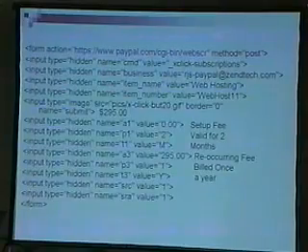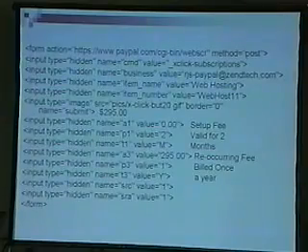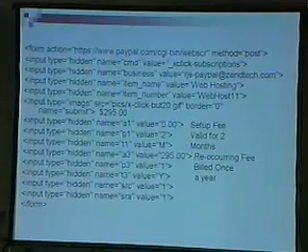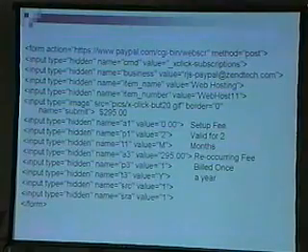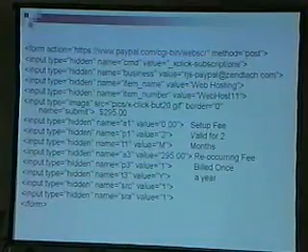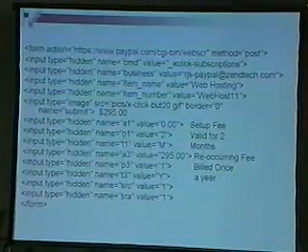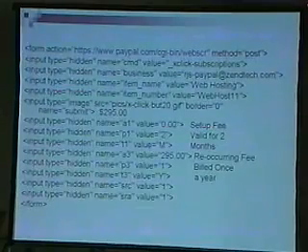Now here's what the HTML looks like in a form for a subscription payment. It actually shows how much it's going to cost, and then there's a setup fee and how long it's valid for. In this example, it's a 2-month free setup, valid for 2 months free, and then after 2 months it's going to bill you $295, and then you're good for a year, and every year from that you get billed again $295. You can just mess with those values, and you don't even have to do any HTTP referrer stuff. You just submit that to PayPal, and it goes with it.